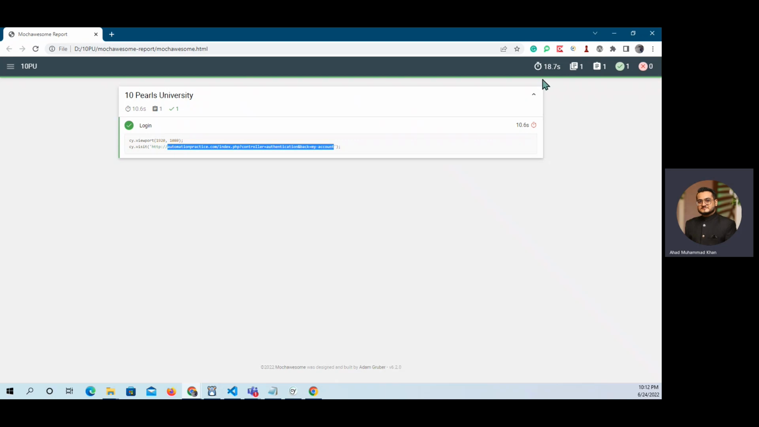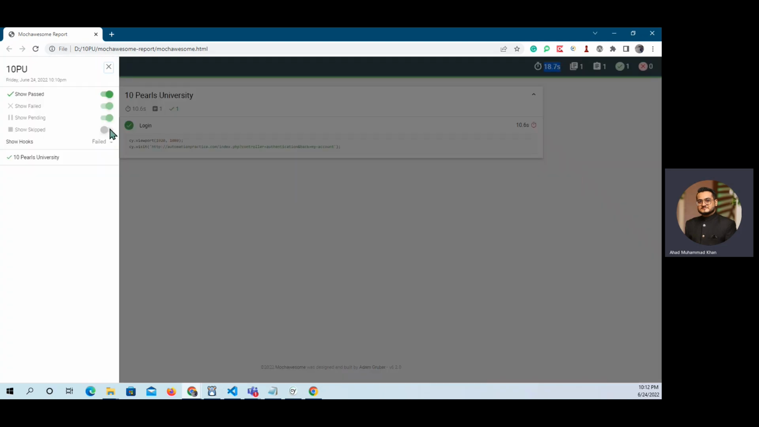It also mentions the total execution time of this test case, how many test cases passed, and how many test cases failed. Also, if you want to show the skipped ones, you can show those as well. Okay, so